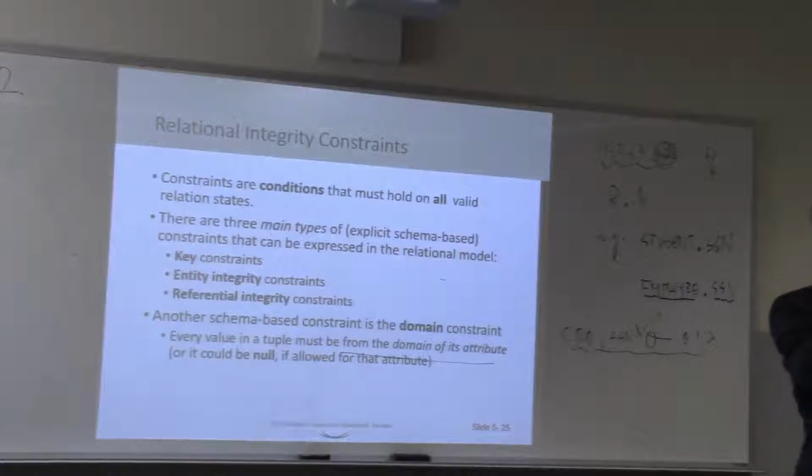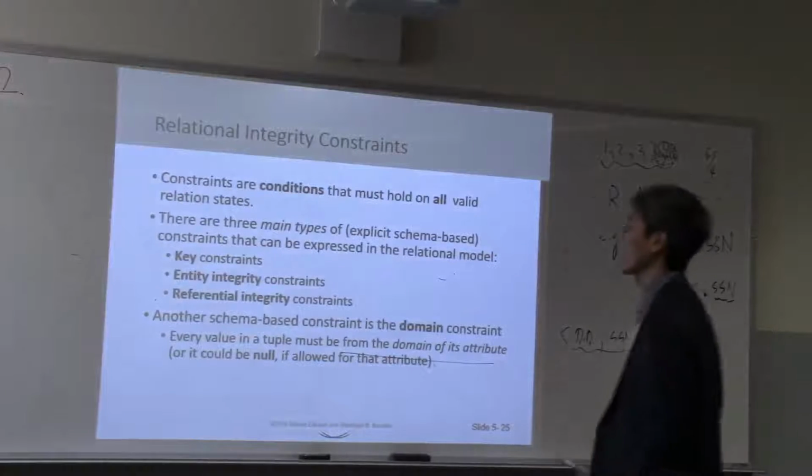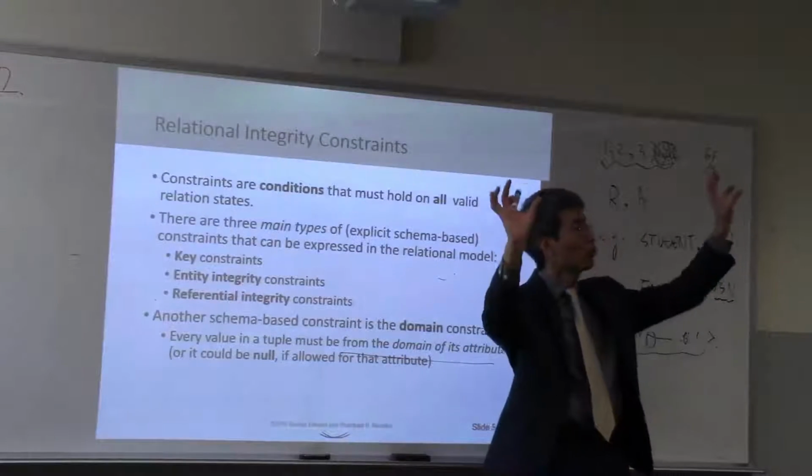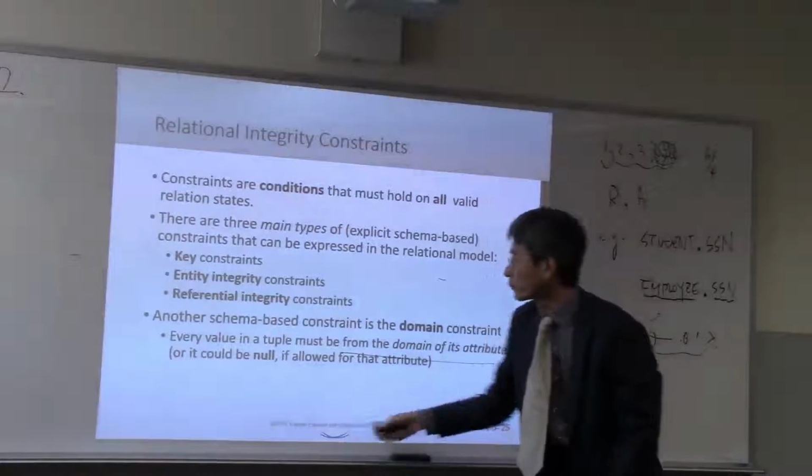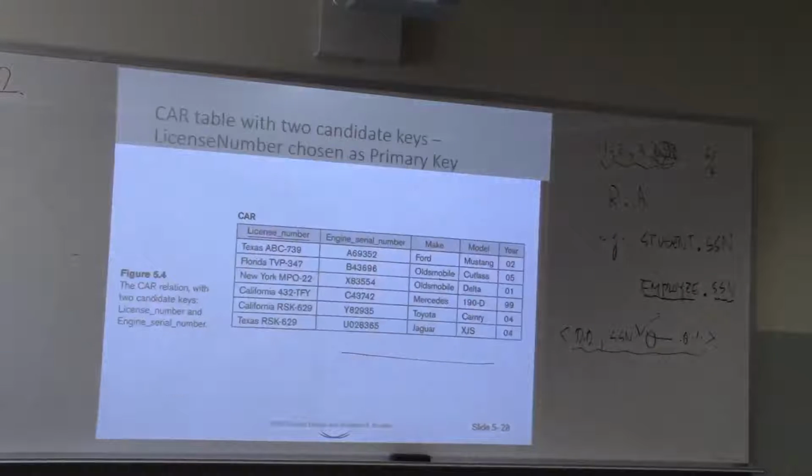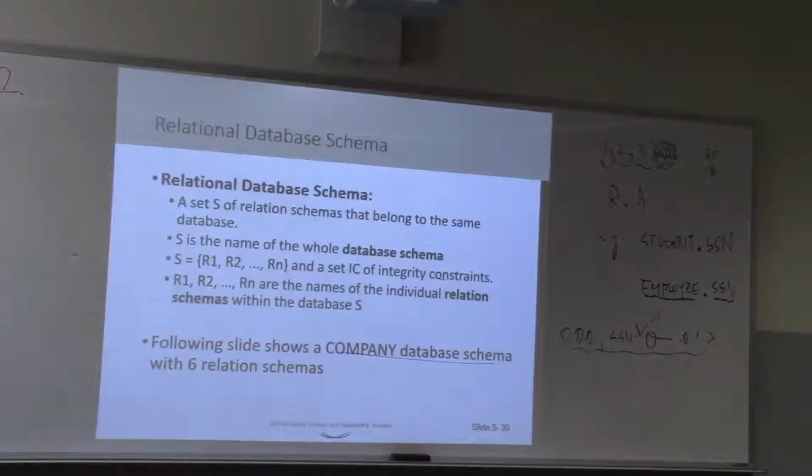We consider only one relation, one table, for key constraint and entity integrity constraint. But referential integrity constraint considers two relations. For example, I'm not sure whether we have a good example of the